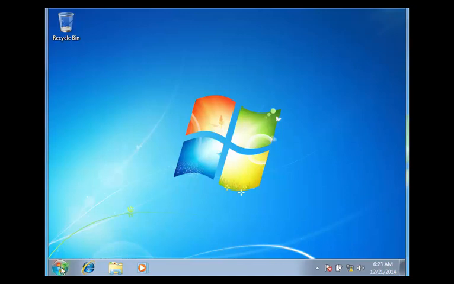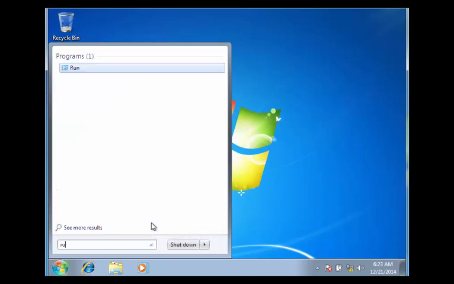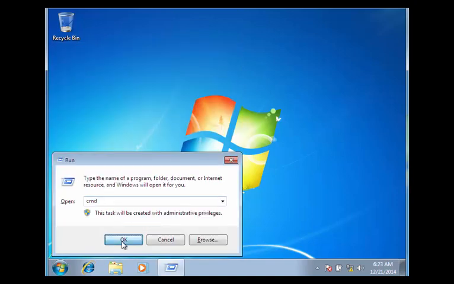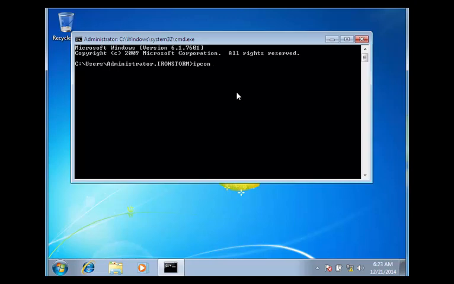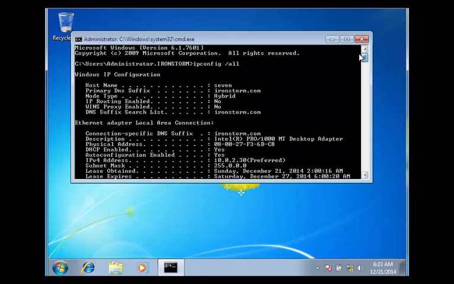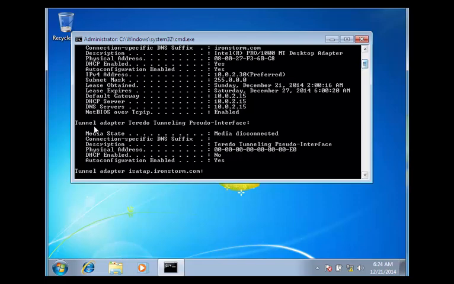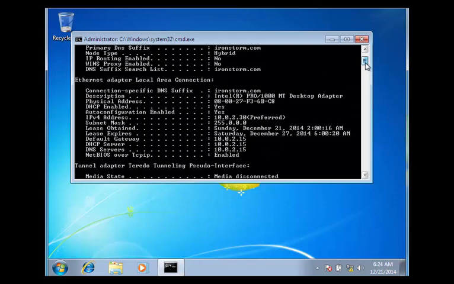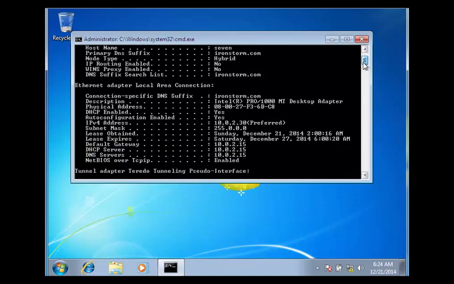Now that we are on the client computer, just type run here, click on it, CMD, click OK, and type ipconfig /all in the command prompt, and here you would see our specific DNS suffix ionstorm.com is resolving the IP addresses, and the DNS server here 10.0.2.5, that is correct, that is the server, and the IP address which we saw in the host records on the server just a minute ago, 10.0.2.30,